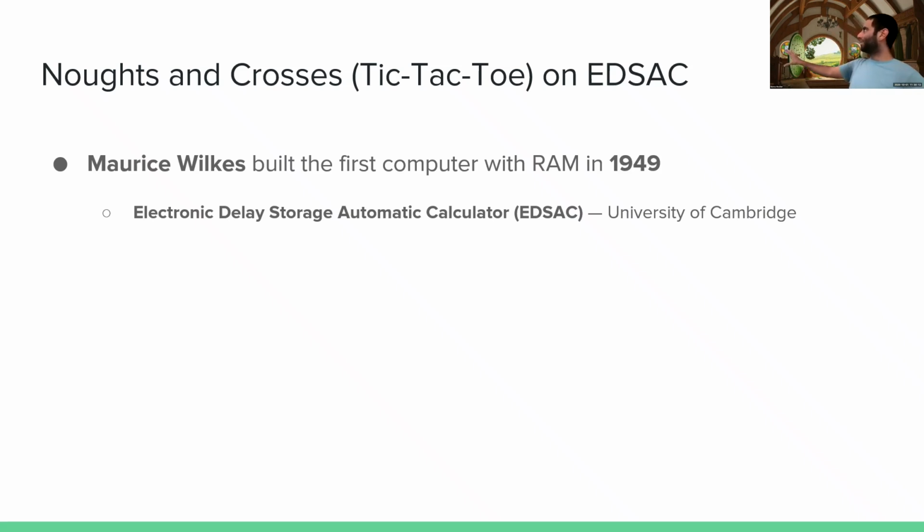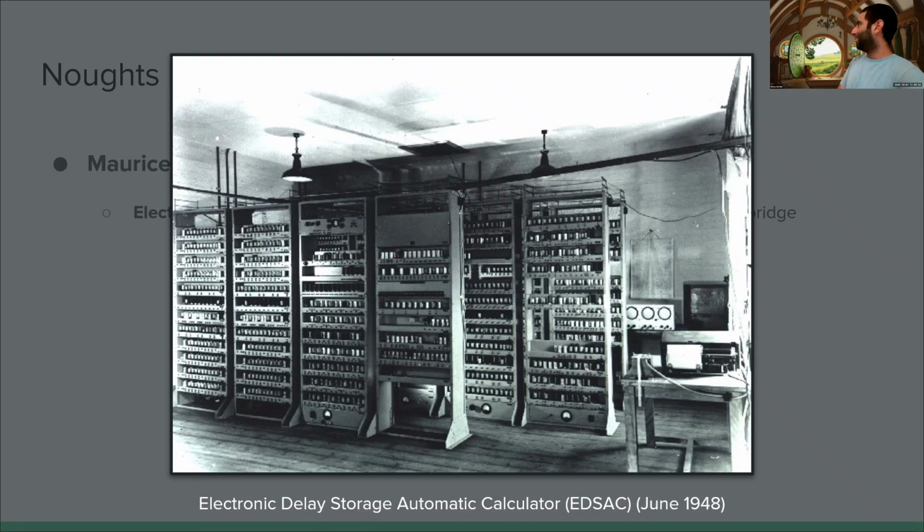So early computing was really meant to be like a big automated calculator. So yeah, he built this big machine. Here's a photo of the machine. Again, we have these super huge machines. I guess this is a photo from 1948, so it wasn't done yet, but kind of in the process of being built.